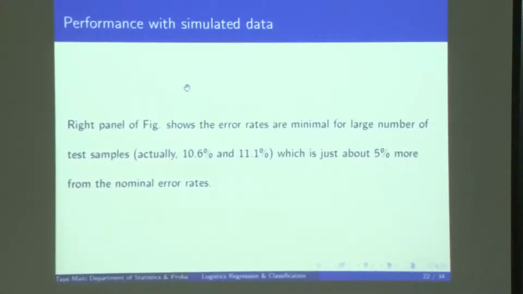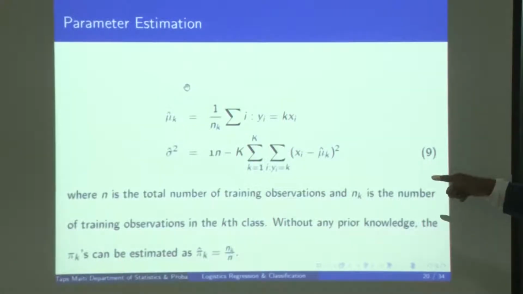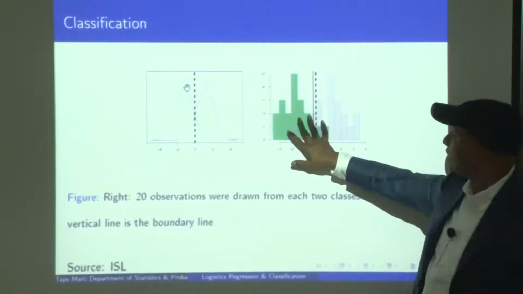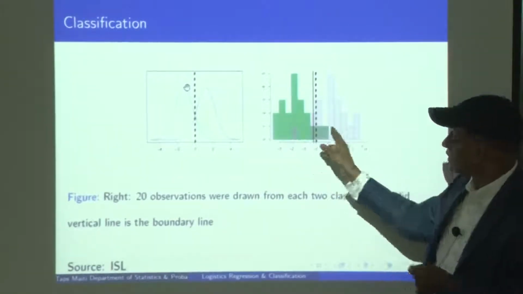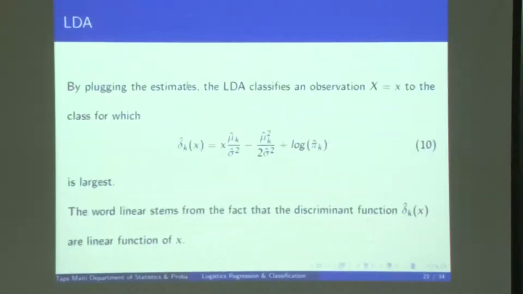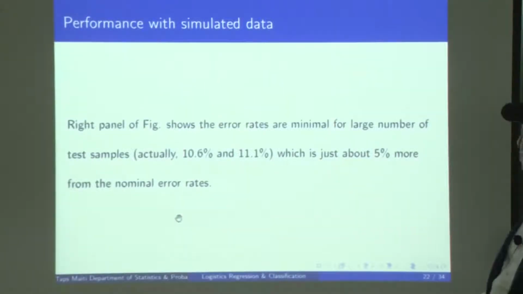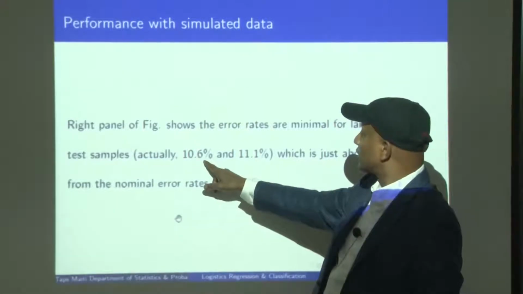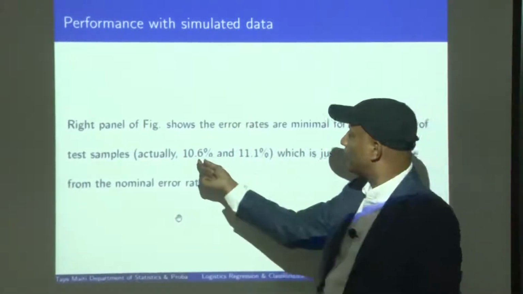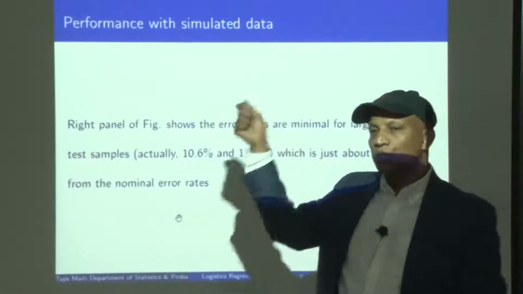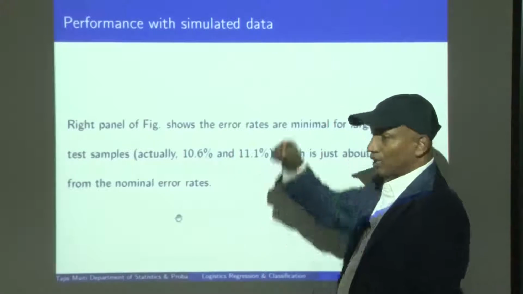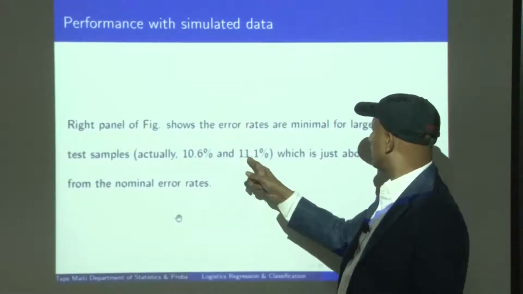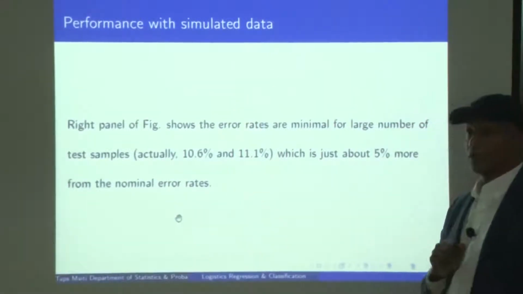So the example I was trying to show you, you got this idea. I estimated all these things, and then this is the picture for a large number of new values when I classified. This is the error, and the calculation showed the error is about 10.6% for one group. That means I misclassified class 2 observations as class 1 for 10.6%, and class 1 observations as class 2 about 11.1%,